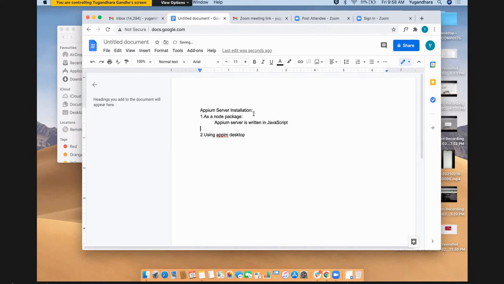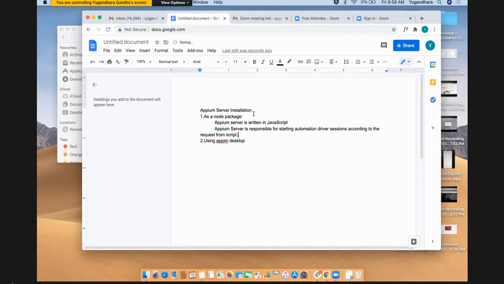Now what is APM server responsible for doing? APM server is responsible for starting automation driver sessions according to the request from the script, right?